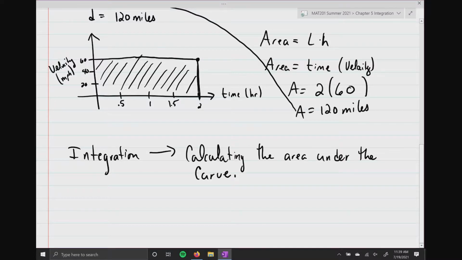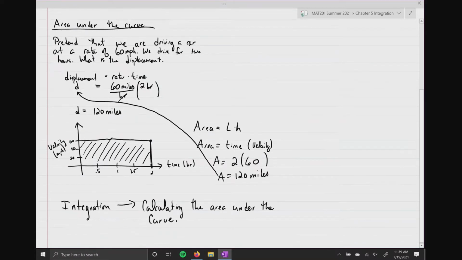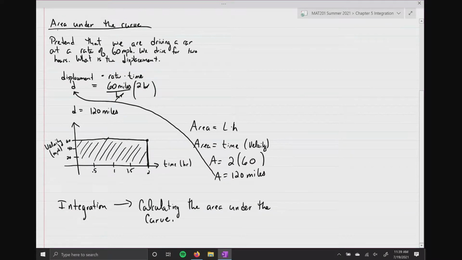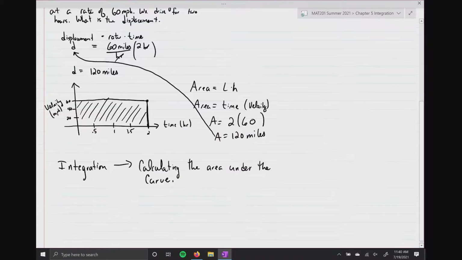Now, this was a very easy problem that we looked at. And what made this really easy is the fact that we were traveling at a constant velocity, 60 miles per hour, okay? And that was like the best case scenario. We hit cruise control. There was no wind. There's no hills, no valleys, nothing like that. It was just a straight road, and the car was perfect. Everything about this situation was perfect. The question becomes,